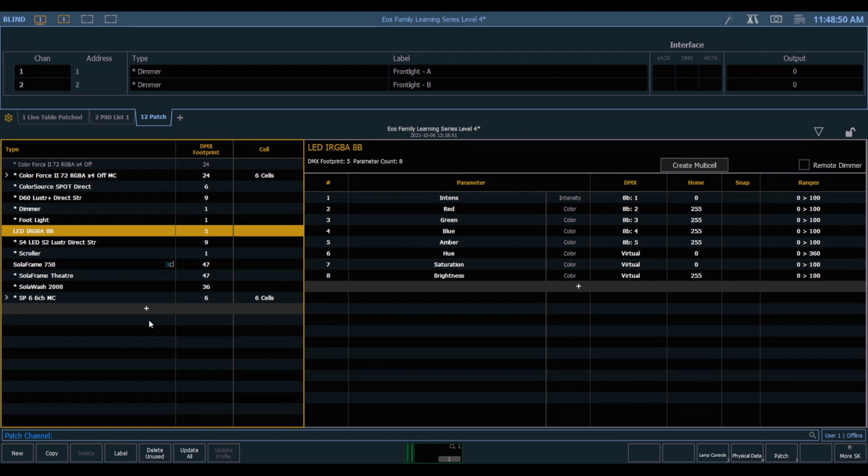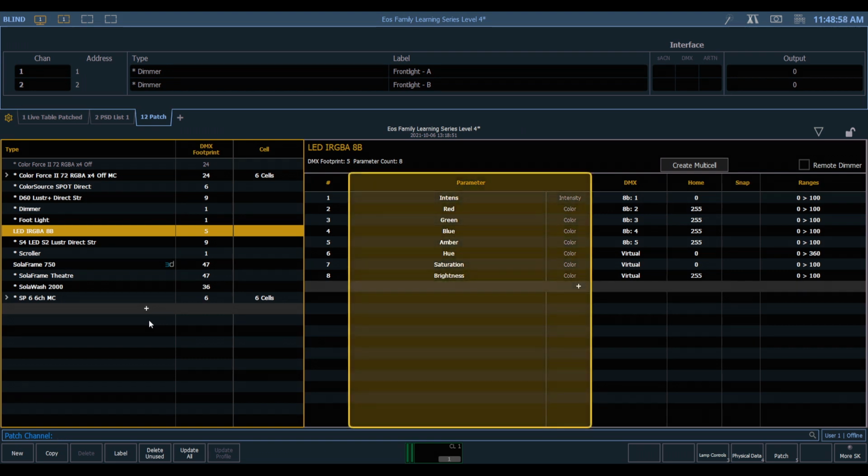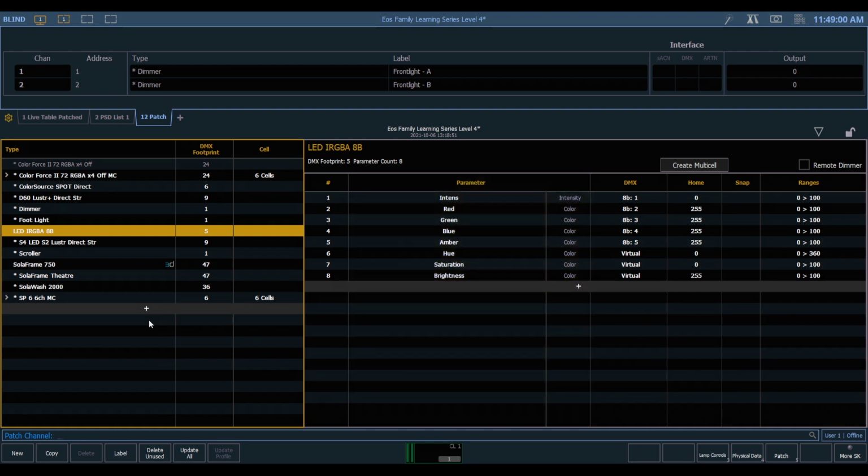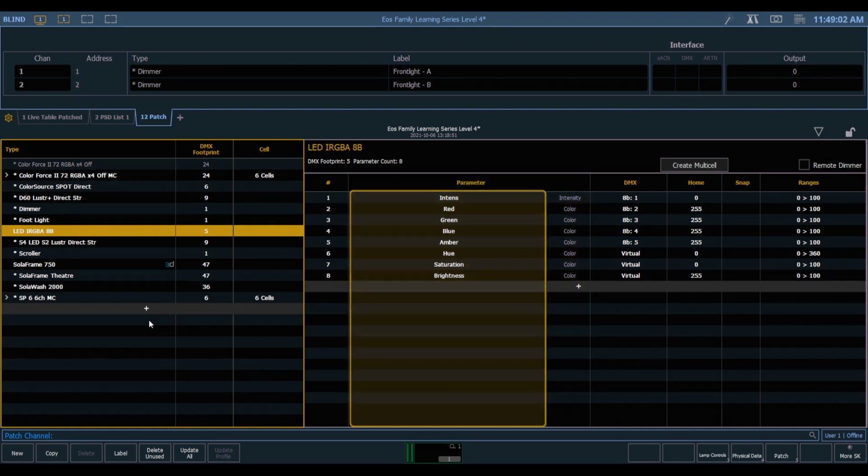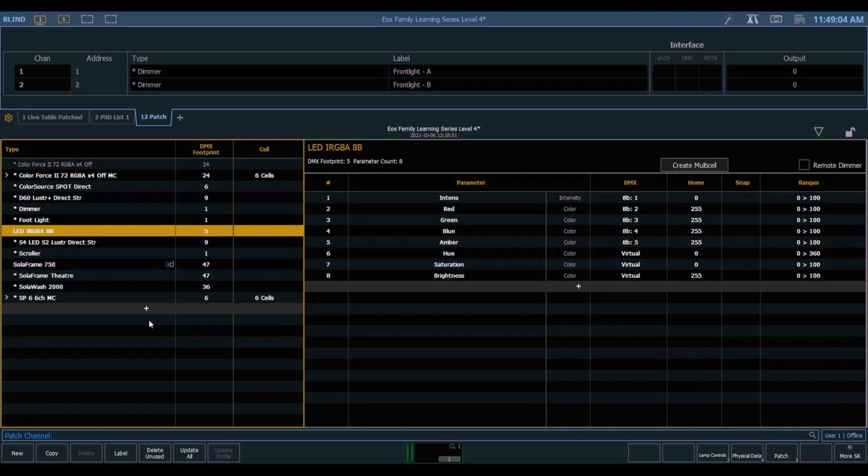This is sort of akin to actions in an effect. The next column is parameter, and the white words are the actual parameter names, and we can edit those and add those, and we'll look at that shortly. And then the next column, which is grayed out, is the parameter category. So this cannot be edited. So for example, red can only be in the color category.